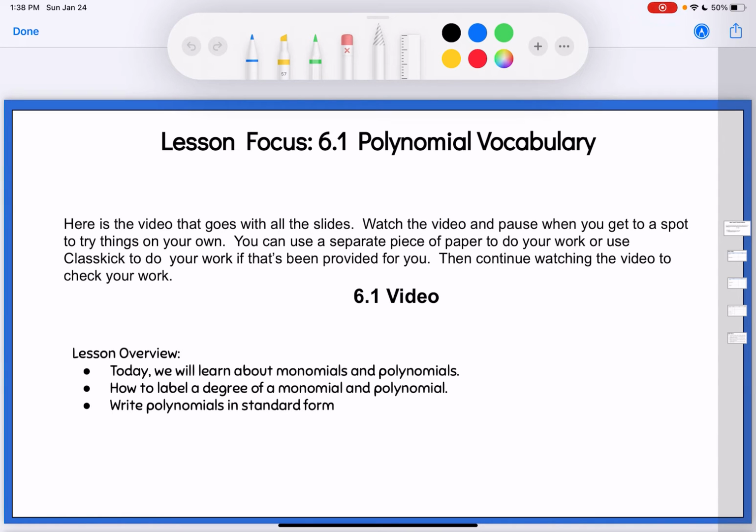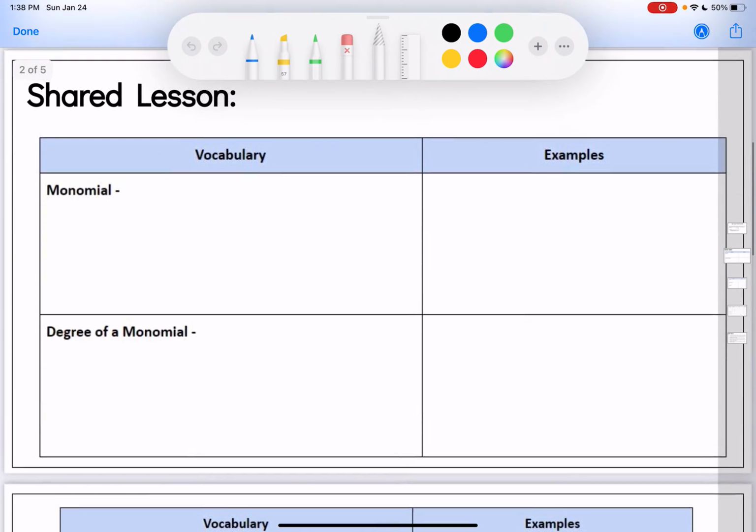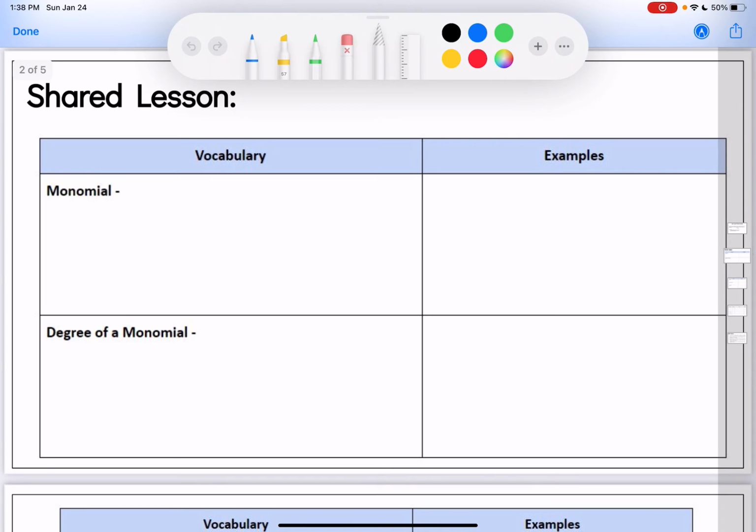So just getting the basics down, and in our first lesson here of this first part, we're just going to talk about vocabulary. So what the heck is a polynomial and all those different kinds? The most basic kind of polynomial is called a monomial. So a monomial is the first place that we're going to start. And a monomial is an expression